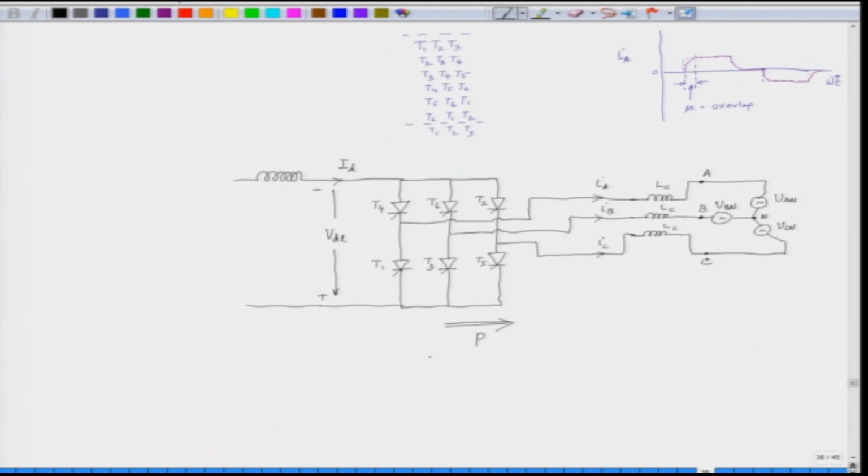So, this converter is operating as an inverter. So, when it is operating as an inverter, we have the triggering angle alpha L greater than 90 degree. So, the analysis of this will show that there is a slow transition from one SCR to other SCR. We will be discussing the analysis of the commutation process in the next lecture.